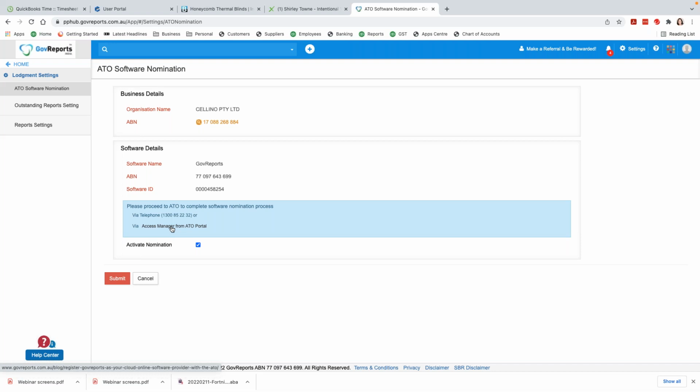No. So for tax agents, Ali, it's the lodgement setting. You will have a little bit more extensive. So you've got not only the ATO software nominations, there are a few other things that you can also get set up as well, including the ELS credential for those tax agents that want to lodge